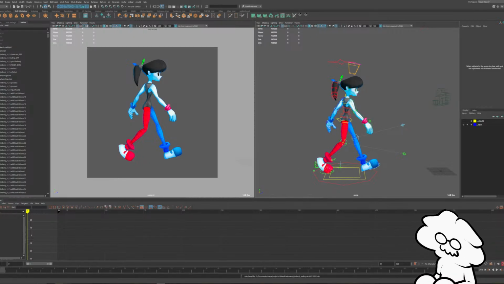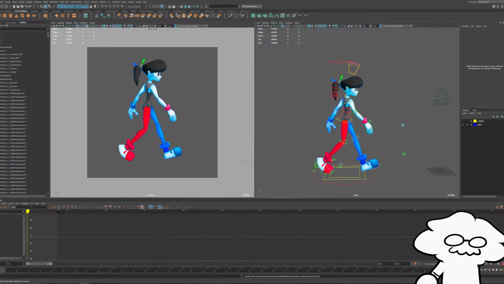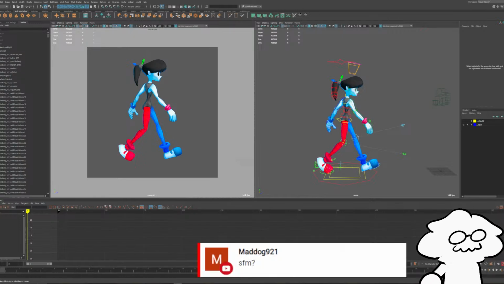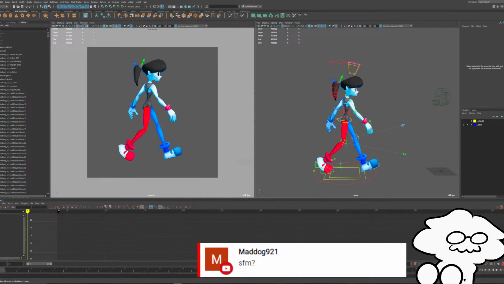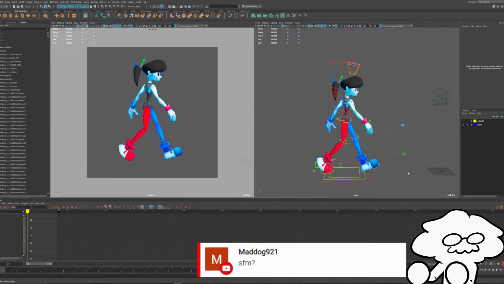So let me bring up my notes. If you need a rig, Source Filmmaker would be fine. Actually, it would be a little more challenging. I'm not super familiar with Source Filmmaker, but as long as a rig has some of the things that I'm going to show you in a second, you should be able to generally do what I do. This isn't specific to any 3D program.